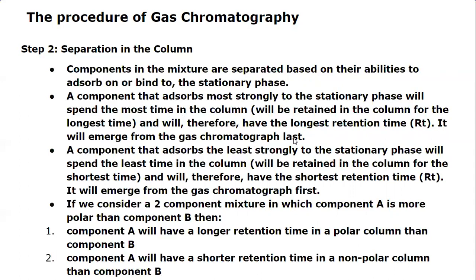So the components are separated in increasing order of their partition coefficient value. That means the component which has less partition coefficient value will elute first. So what is partition coefficient? It is the ratio of the concentration of the component in the stationary phase to the mobile phase. If the KD value is less, that means it has more affinity towards the mobile phase and less affinity towards the stationary phase. If the KD value is more, the concentration of that component is more in the stationary phase compared to the mobile phase, so the KD value comes higher.